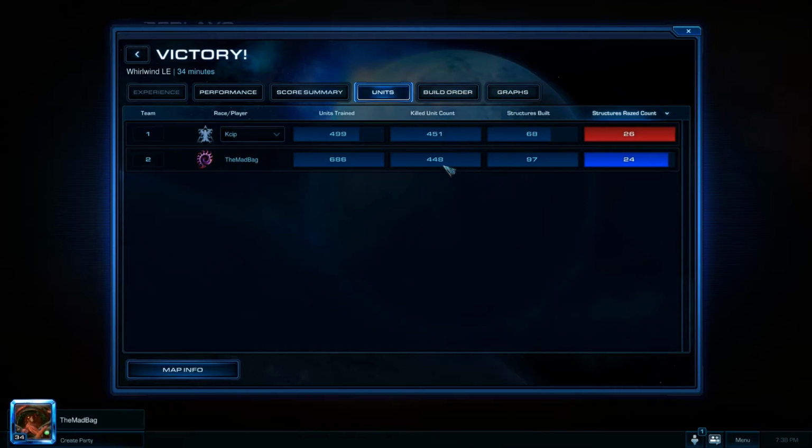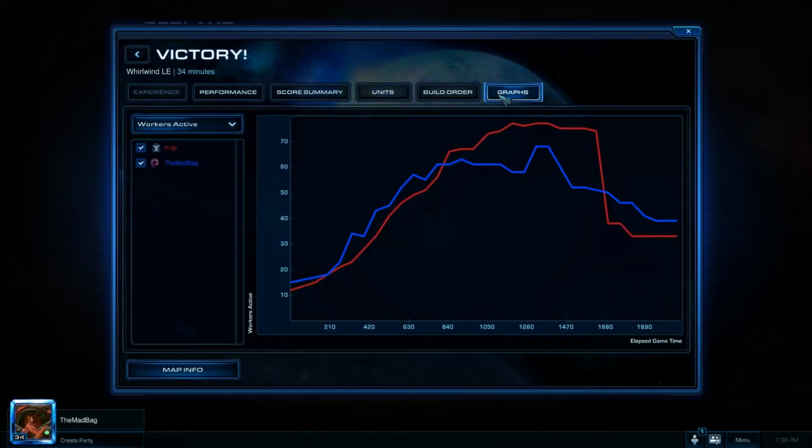Unit killed count. Wow. A Terran on bio actually ended up having a very close unit killed count. That's weird. Normally Terrans have a lot higher killed units than a Zerg when they're facing a Zerg. So many cheap units on the Zerg side. Wow, this worker's active just plummeted. That must have been when I finally pushed in, took out the third. He had run out of minerals in his main and natural to saturate. Once I took the third down,